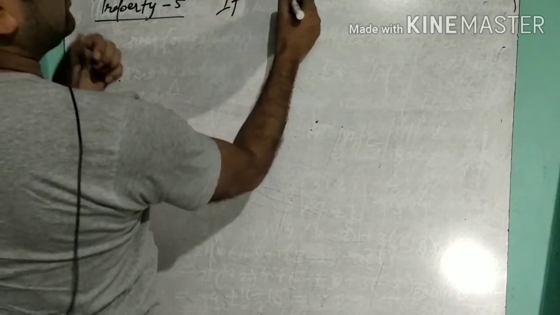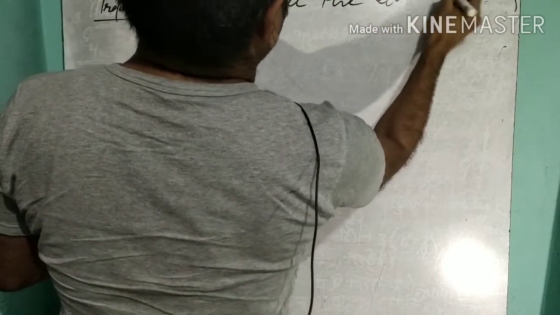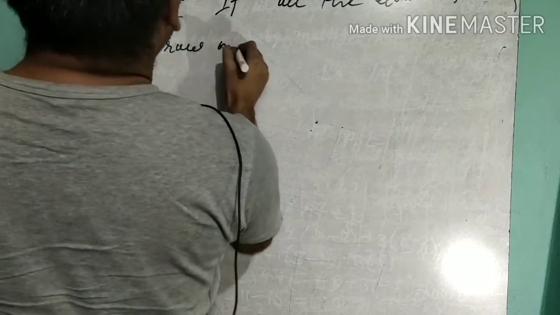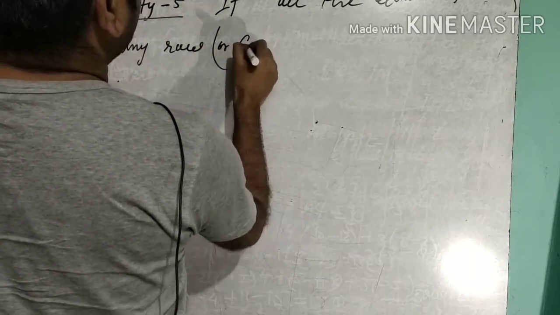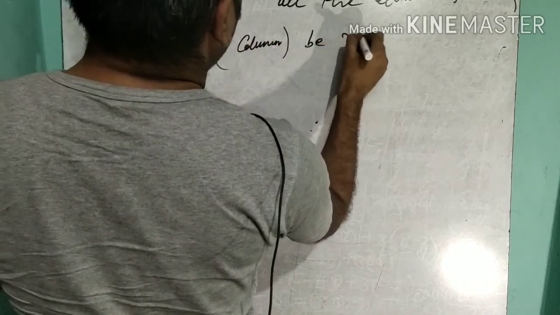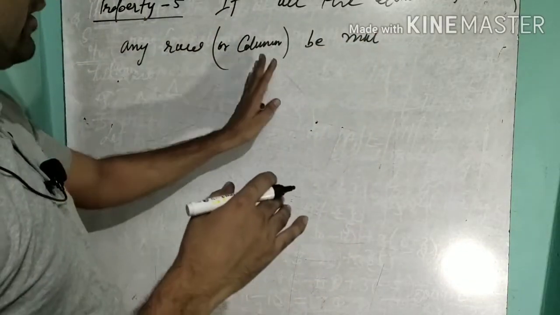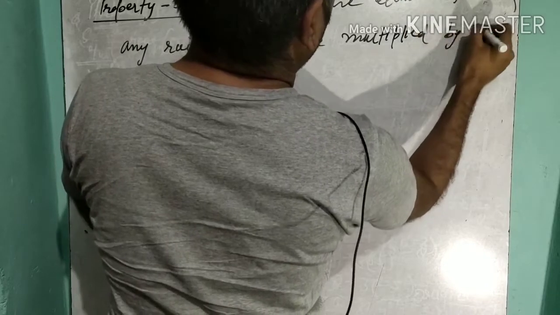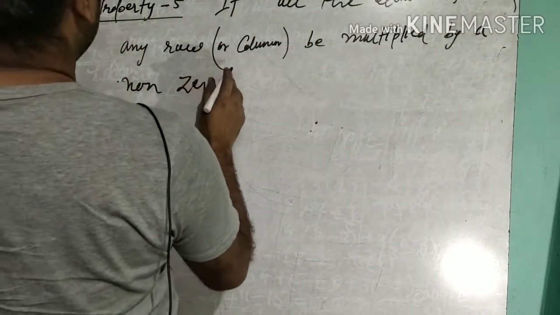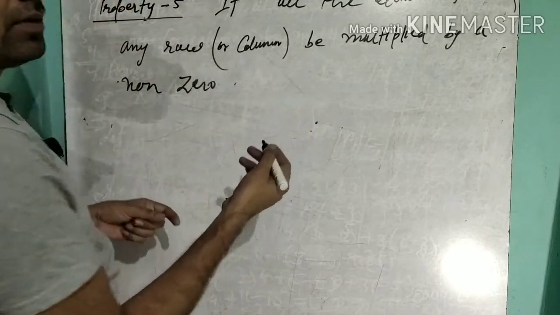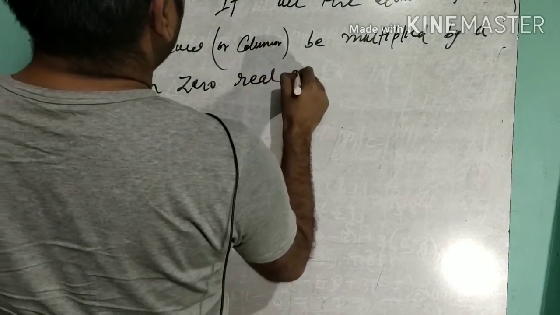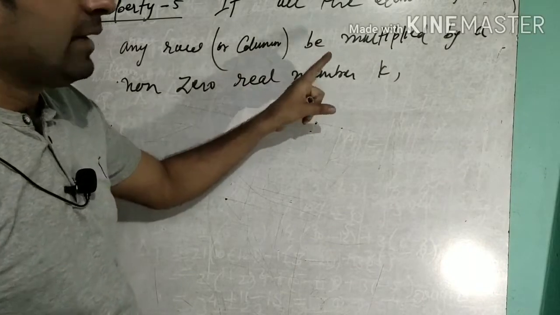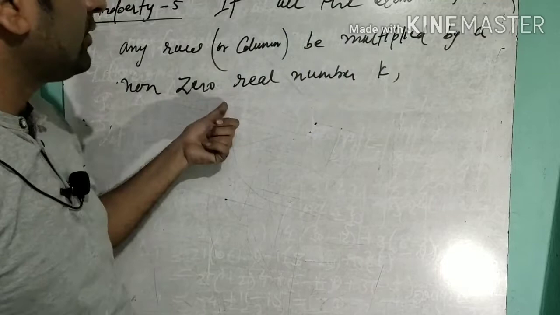If all the elements of any row or column, I am talking about a single row or a single column, are multiplied by a non-zero real number k,